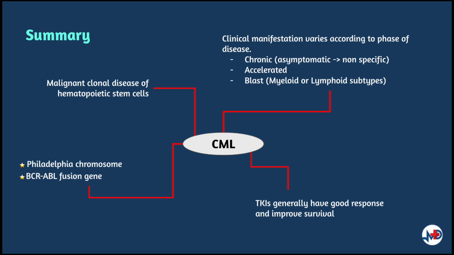Diagnosis is confirmed upon identification of the Philadelphia or BCR-ABL fusion gene. Do note, however, that said Philadelphia chromosome is present in 25% of patients of B-cell acute lymphoblastic leukemia and small subsets of acute myelocytic leukemias. In acute leukemia, the presence of Philadelphia chromosomes confers a poor prognosis. Tyrosine kinase inhibitors are indicated in all patients with CML regardless of phase, as the majority of patients respond well and are able to tolerate them.